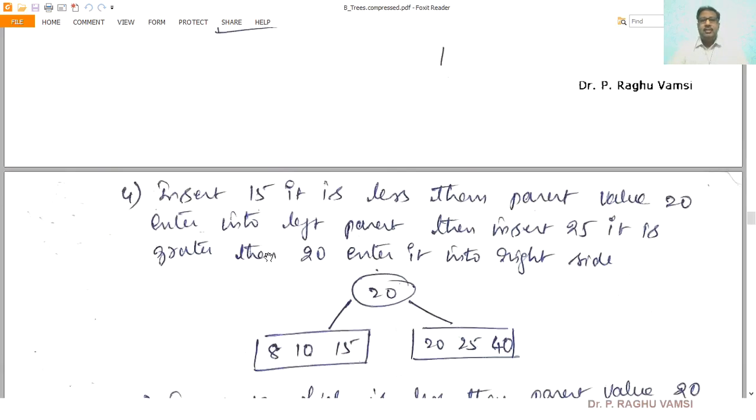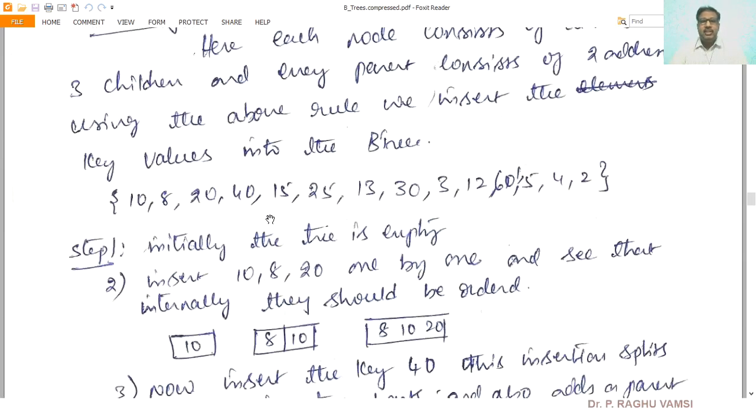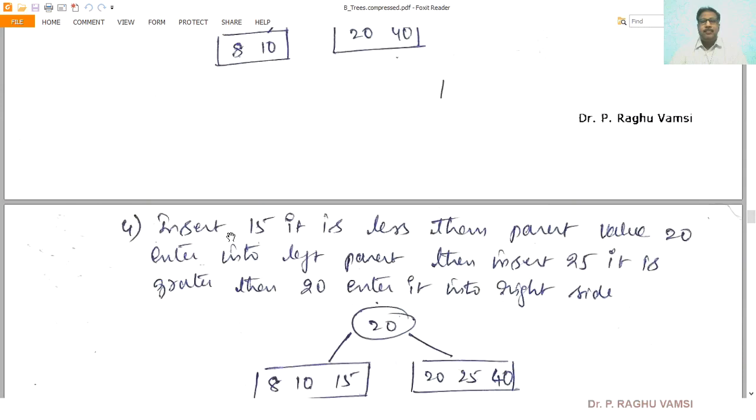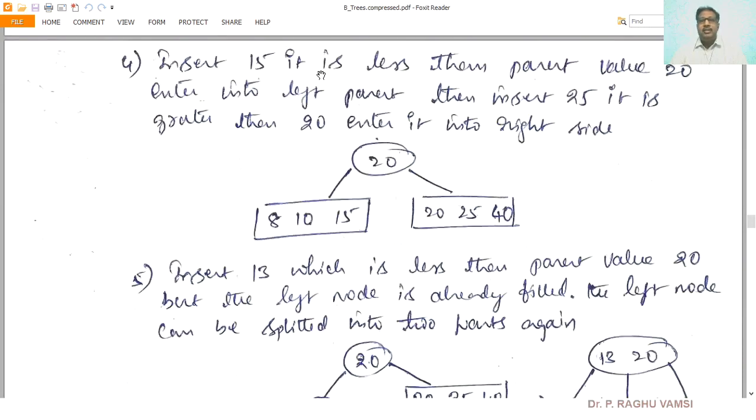Next, the elements to be inserted after 40 are 15, 25, 13. 15 is less than the parent value 20, so you are supposed to traverse to the left side. Then insert 25.